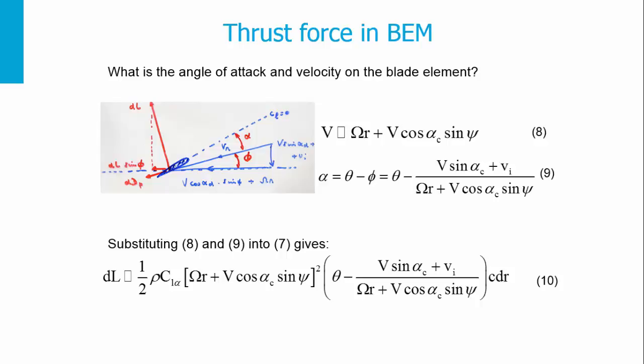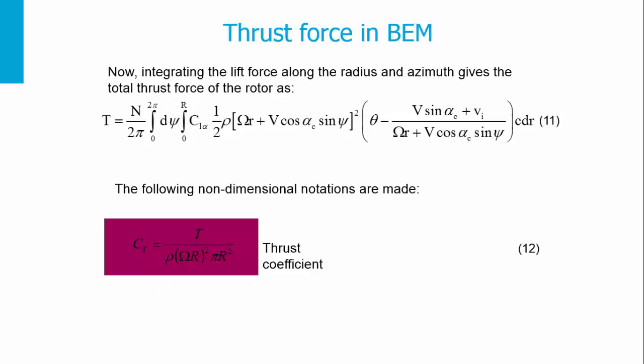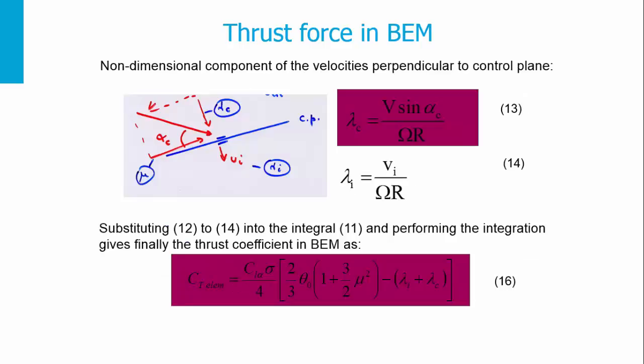Substituting 8 and 9 into the expression of the lift, it results in an integral in dr. Now, if we integrate from 0 to R and then over the blade azimuth from 0 to 2 pi, multiply by the number of blades and divide by 2 pi, and if we make the notation of the thrust coefficient as the thrust divided by rho omega R squared pi R squared, and we consider the non-dimensional components of the velocities perpendicular to the control plane,